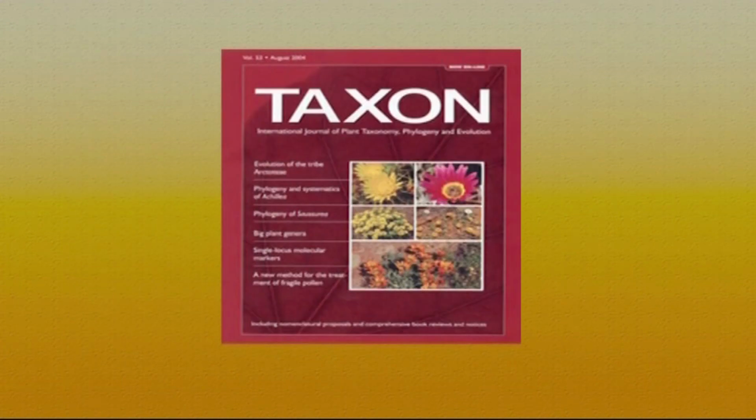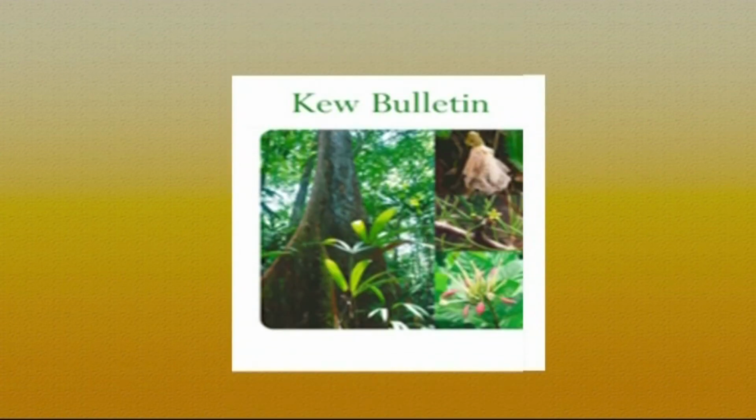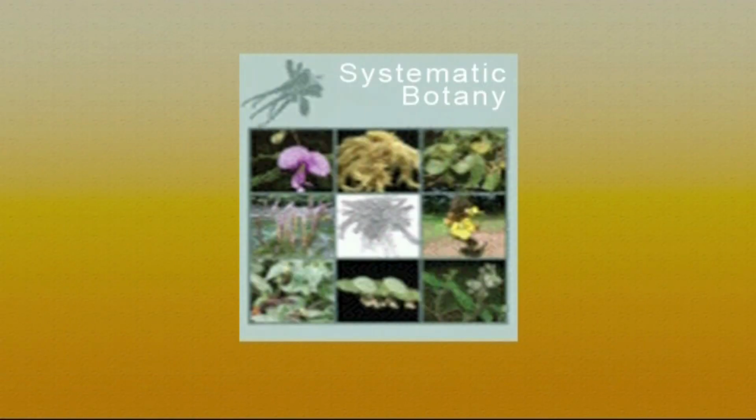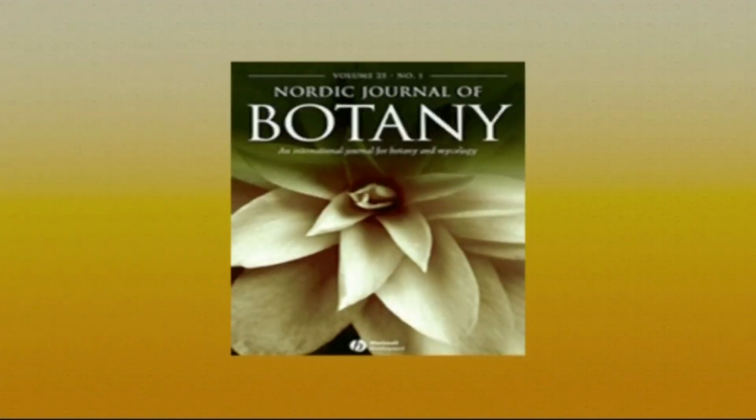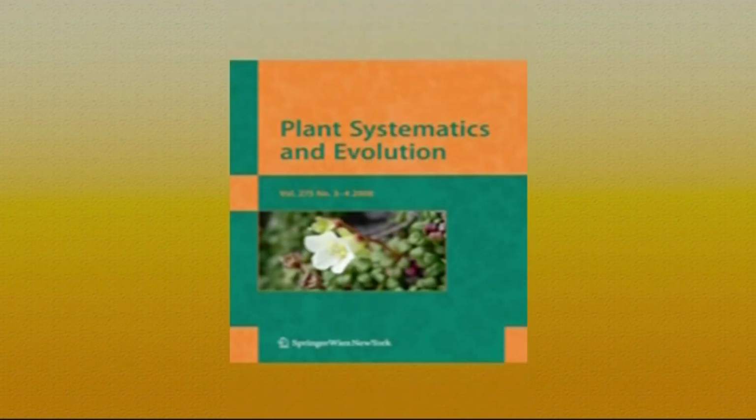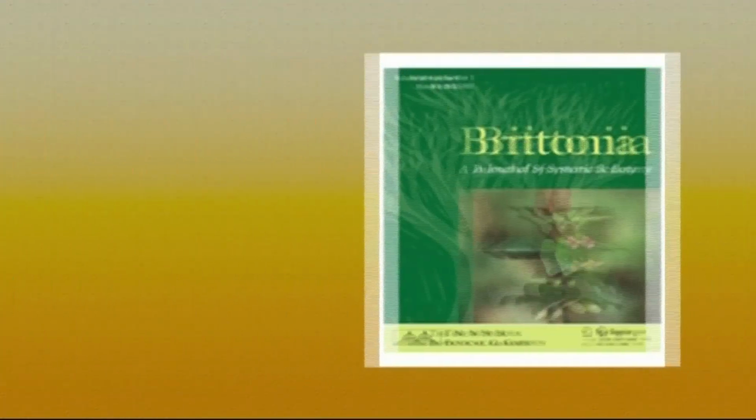Some of the specialized taxonomic journals are Taxon. Taxon is published by the International Association for Plant Taxonomy. Then Kew Bulletin. It is a journal published by Kew Botanic Gardens. Then we have Systematic Botany, journals like Annals of the Missouri Botanical Garden, Nordic Journal of Botany, Plant Systematics and Evolution, Brittonia,